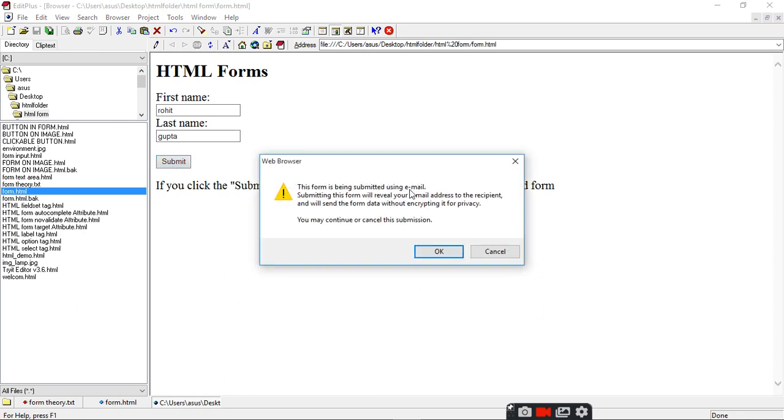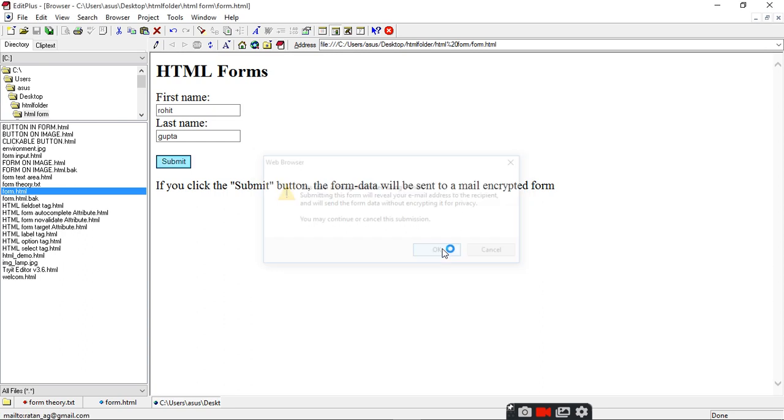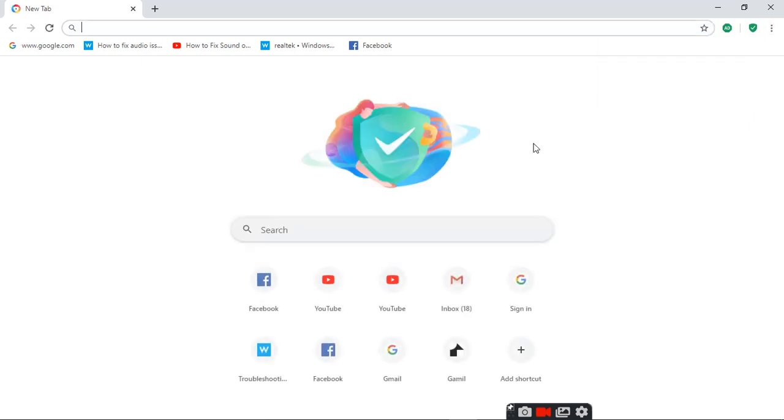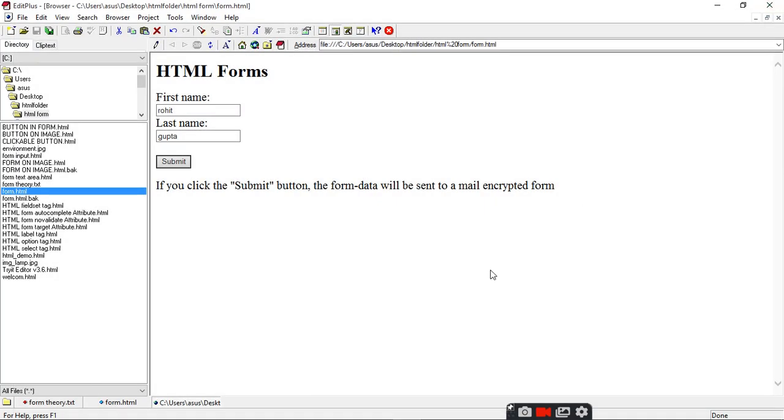The form is being submitted using email. Okay, I did it. Then it will find the email and send the information to the person whose email you have specified there. So it is always open in the browser.